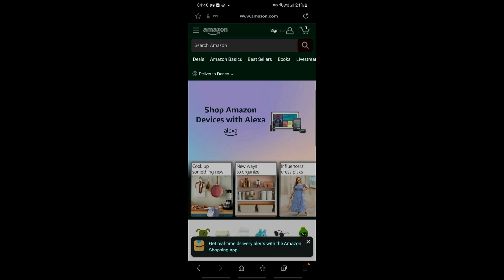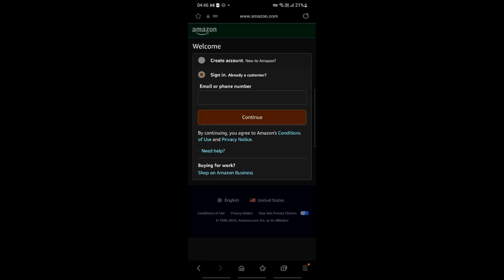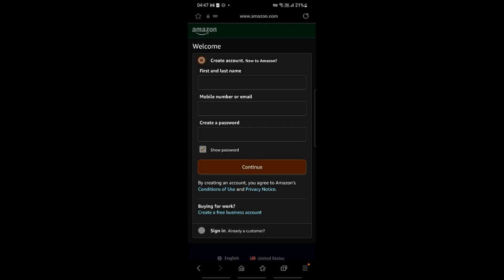Now you can go ahead and create an Amazon account on any device that you have, or you can even use the Amazon shopping app. I'm right here in our browser, and let's go ahead and click on sign in right here for us to be able to sign up. Now we have this option where it says create account, or if you're new to Amazon, so go ahead and